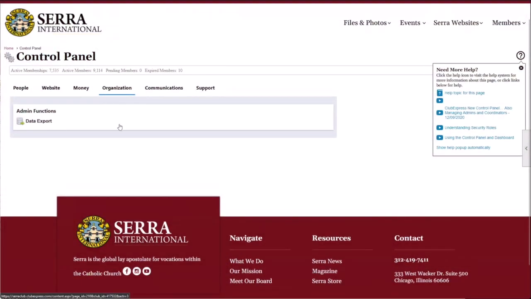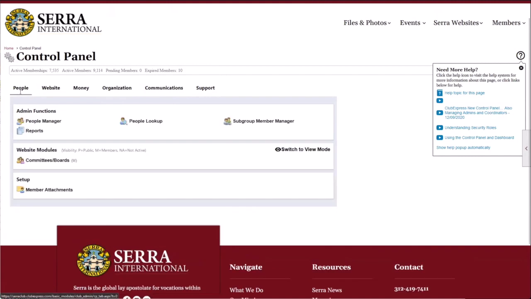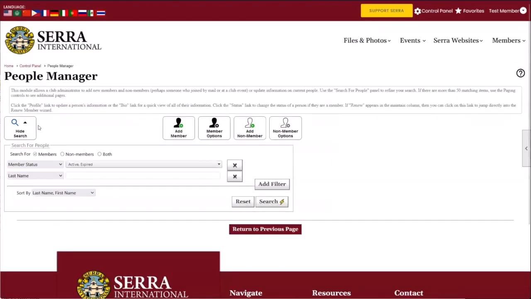All right, so now let's go and talk about some of the functions available to us and how to use the important subgroup functions. I'm going to go first again. So I spoke, we love to order things in order of importance. Let's start with the people manager. If we head over to the people tab of the control panel and we jump into the people manager,